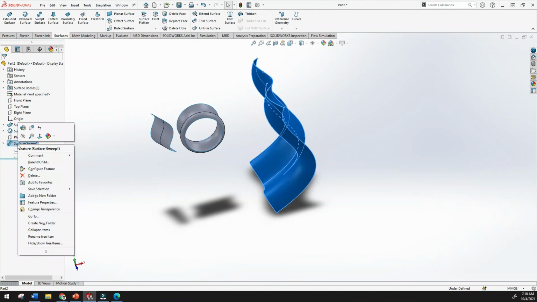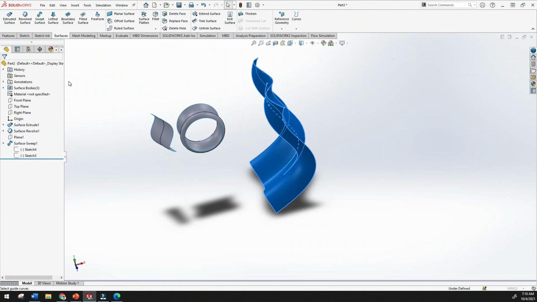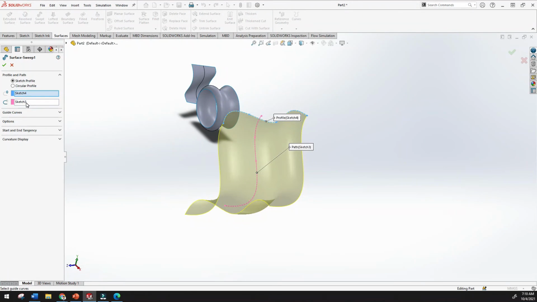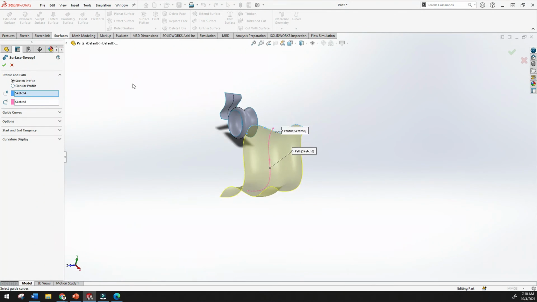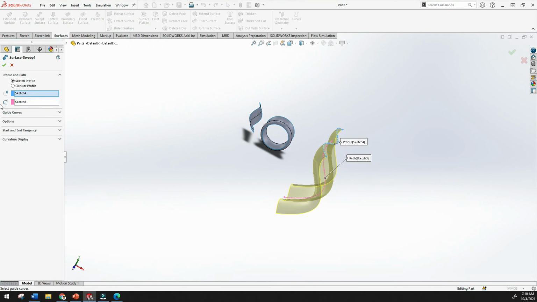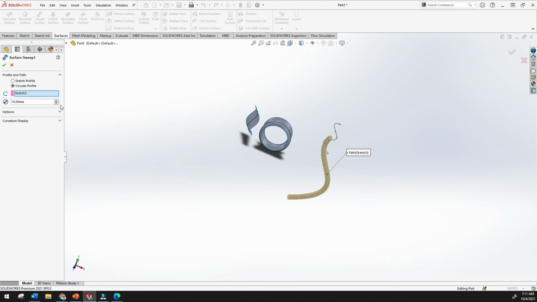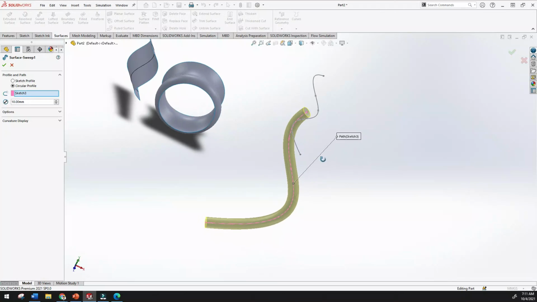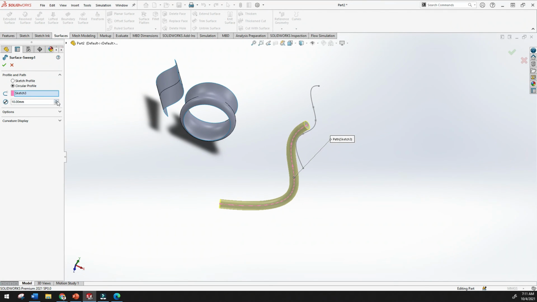Just go to the swept boss and edit features, and here are some options. If you don't want to give a path, here is a circular profile. Means if you don't have any profiles, just click the circular profile, and by using this circular profile you can see the swept is created, and you have to give the diameter here only. And here are some options like merge tangent faces and show preview.